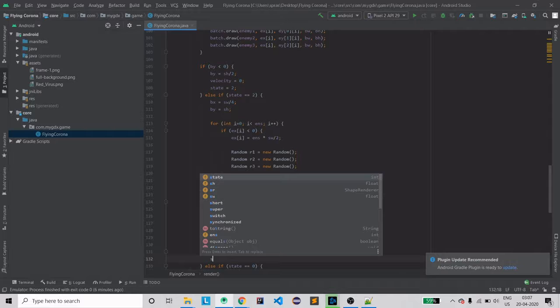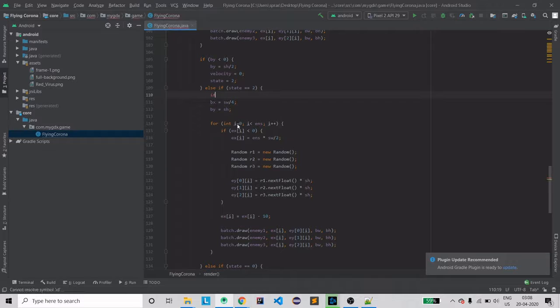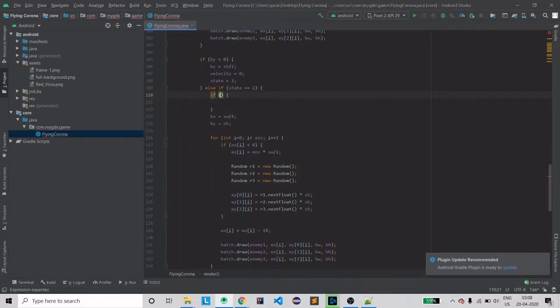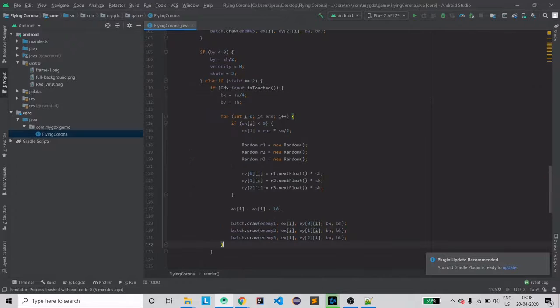Now what we need to do is, when we need to initialize is if users tap on the screen, then only we need to initialize. Otherwise, why are we taking all the hassle? So let's cut down this code, paste it here, and then make state equals to 1 so that it